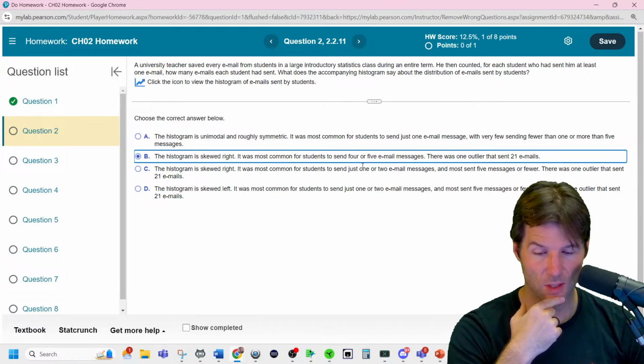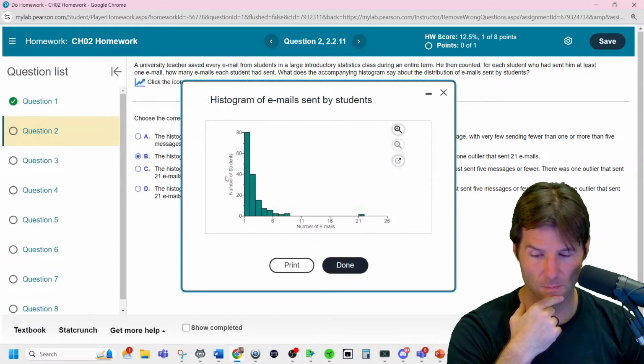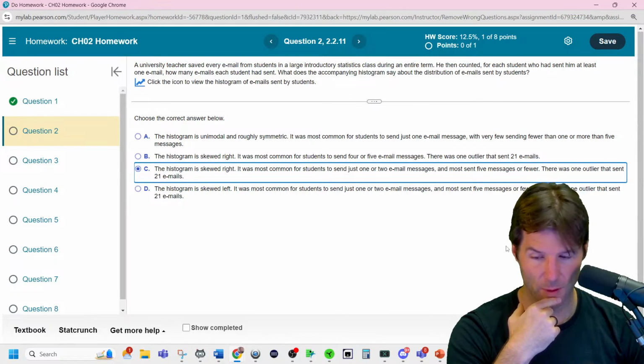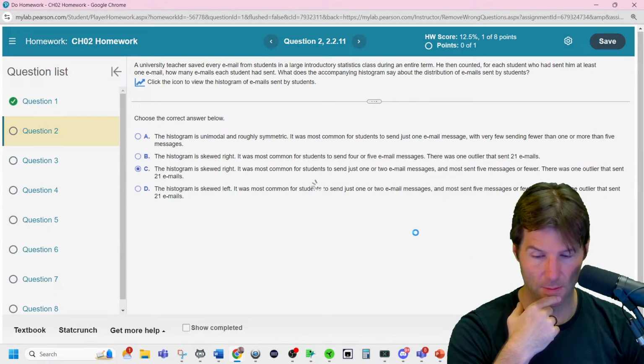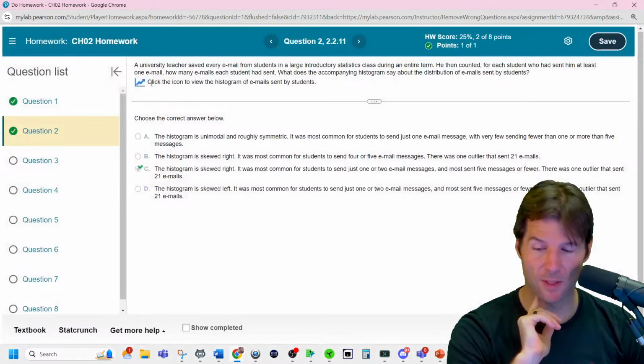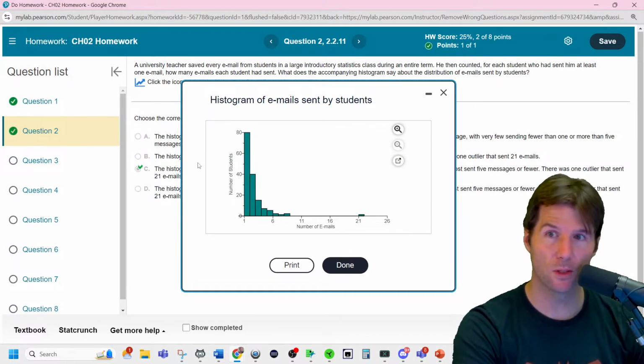It was common for students to send, no, not 4 to 5. No, more like 1. So it's right skew. Most students sent 1 or 2. Most students sent 5 or fewer. I think this is right. I should read it more in depth. It's right, though. I would just talk about it myself and say this is a right skewed unimodal histogram showing